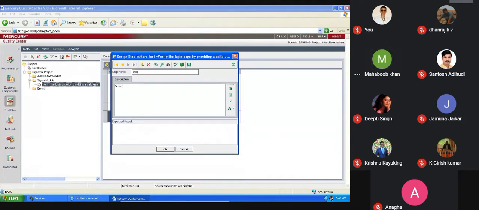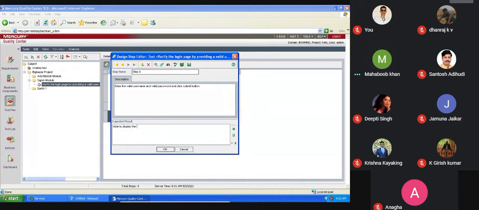Enter the valid username and valid password and click the submit button. What is expected here? Able to view or able to display. What can we display here?